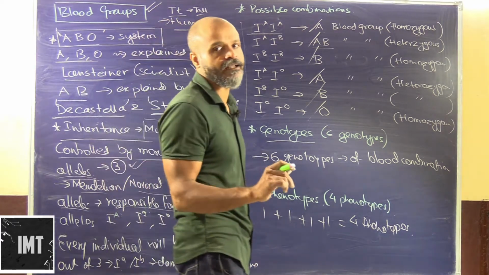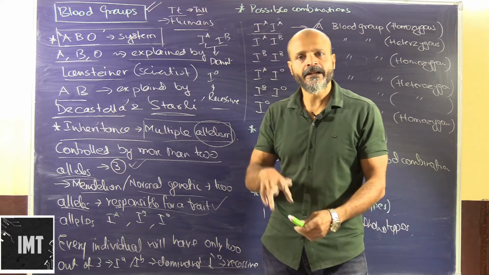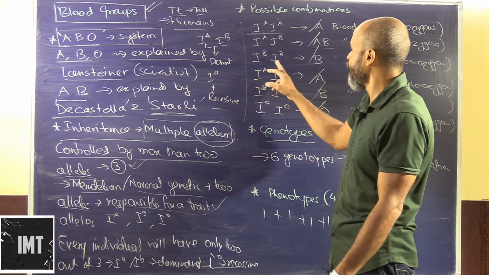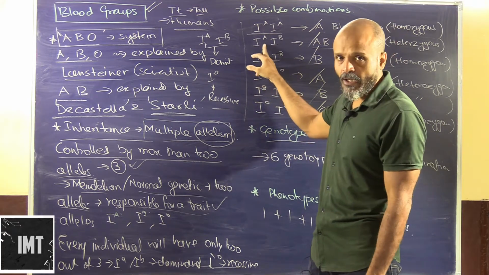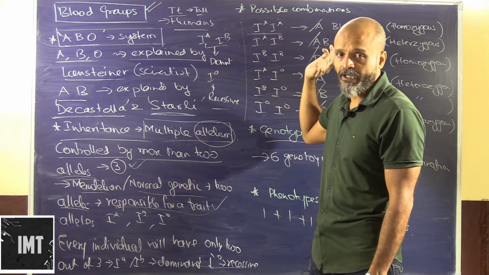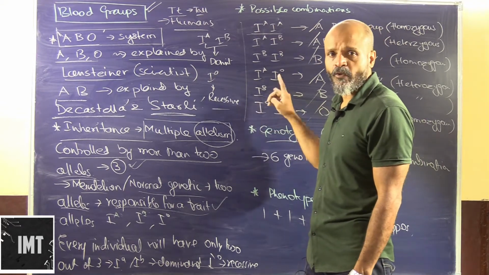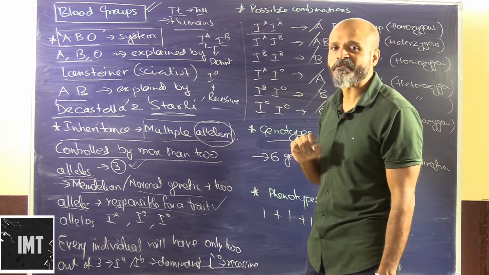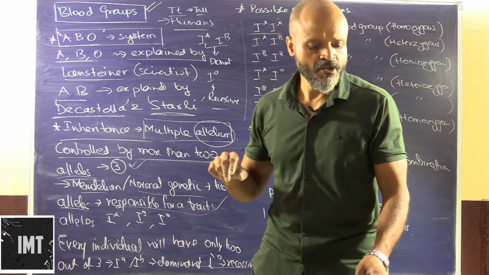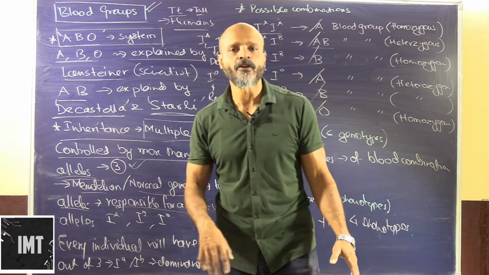Again, it is multiple allelism, a little different from Mendelian theory, wherein only 2 alleles are present. Here 3 alleles are present, and in the AB group both of them will be predominant. If it's a combination of A and O, A will be predominant, and with B and O, B will be predominant, because the O group is regarded as recessive. However, in the AB case both will be predominant. So this was a little gist about how blood groups are formed. Now we will go into the detailing of blood groups.